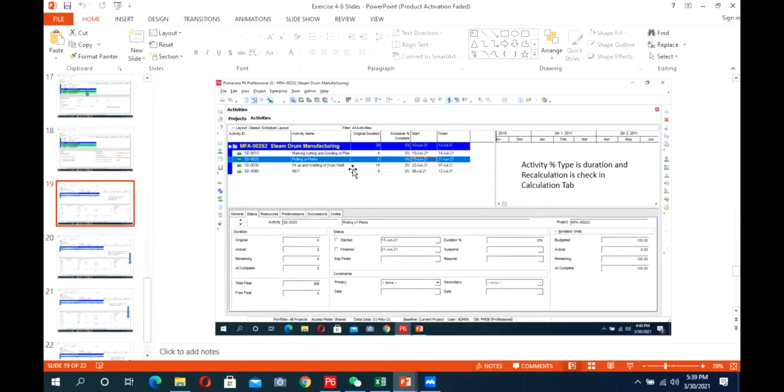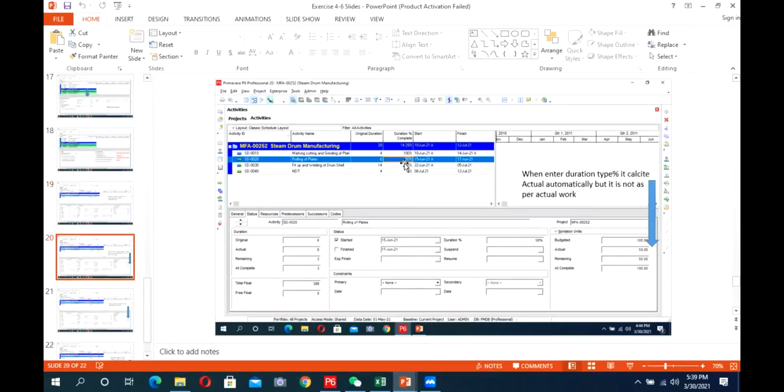So there are 4 activities which we have added. Why do we uncheck that here? Because we have selected the activity percentage type as duration percentage, and when we enter the progress, we have entered 50% progress against this activity. This activity has a total of 6 days and remaining 3 days. But it will also calculate the actual units and remaining units here. So it has calculated that out of 100, we have now achieved 50 units.